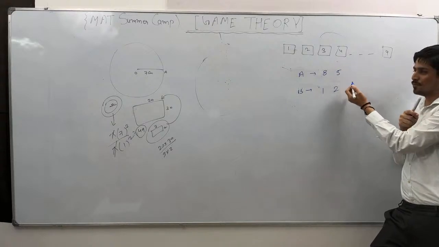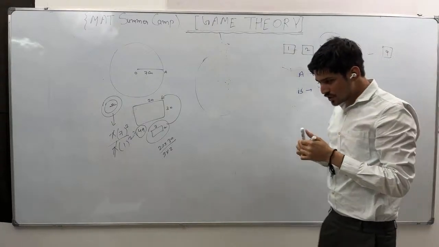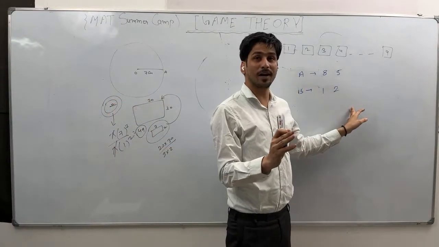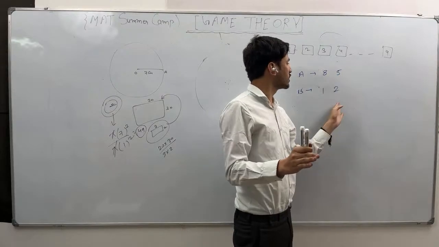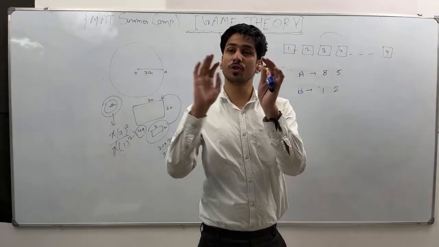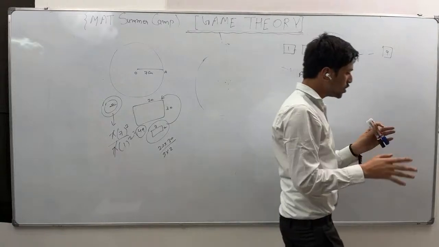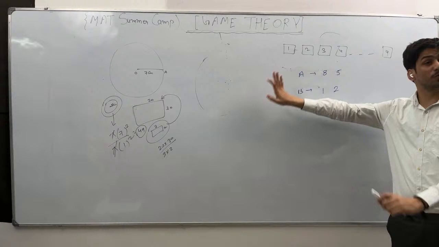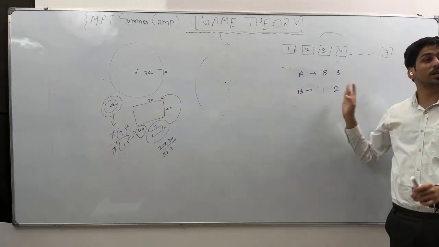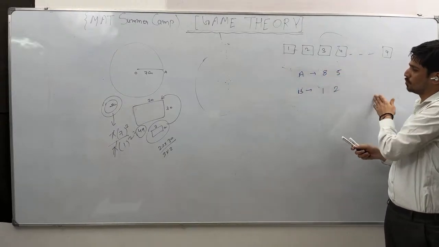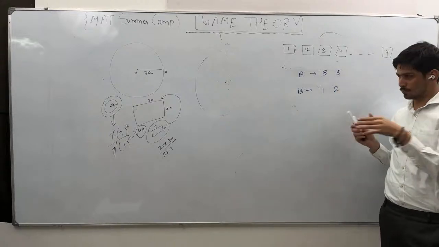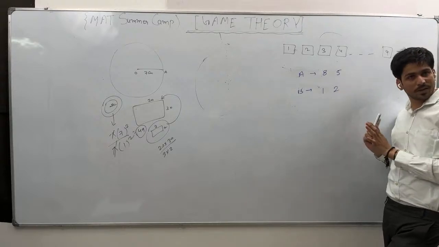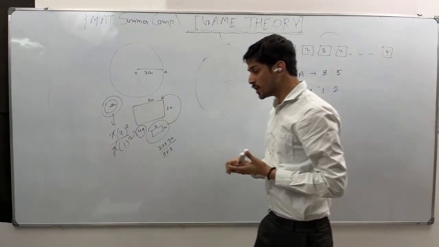The thing is, this game will definitely be a draw, no matter how blindly you play. But you have to be a little smart. You need addition: 8 plus 5, and you are taking 6? No, somehow you have to stop A. This game will always be a draw. The question is how it will be a draw. Definitely A cannot win, no matter what B does. But B has to be a little smart also. 8 plus 5 is 13, and if B takes 6 here, A will definitely win. Because you have to oppose, you see 8 plus 5 is 13, so you have to take 2 only, then only it will be 15. But this game will be a draw. The question is, how come it is a draw?